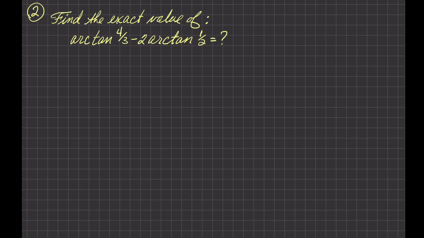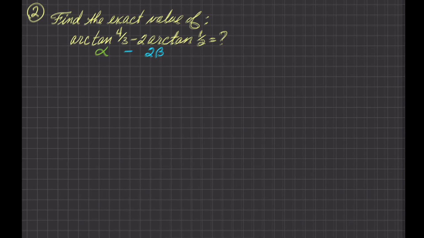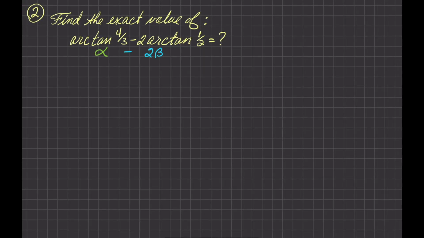Well, what do you get from an inverse trig function? You get an angle measure. And the arctan of 4/3 is going to give you some kind of angle measure, and the arctan of 1/2 is going to give you some other type of angle measure, which then is going to be multiplied by 2. So arctan of 4/3 minus 2 times arctan of 1/2, we need to recognize that that is a difference of two angles, one of them actually being a double angle. But we're going to use the difference identity for tangent to help us evaluate this expression.